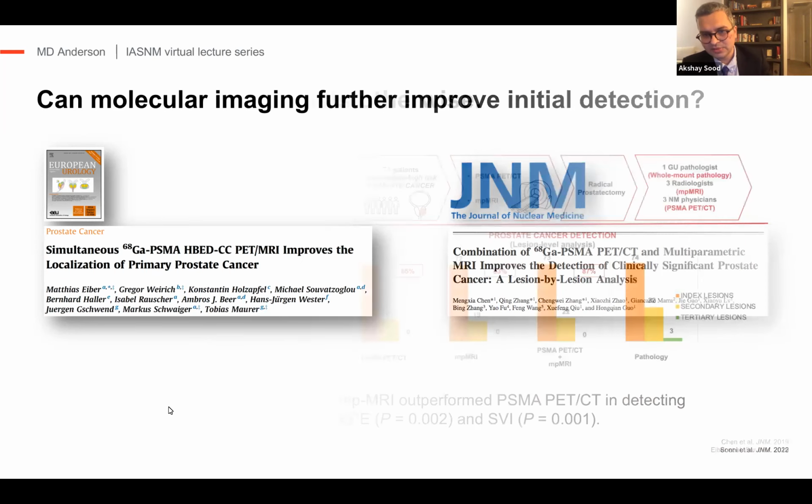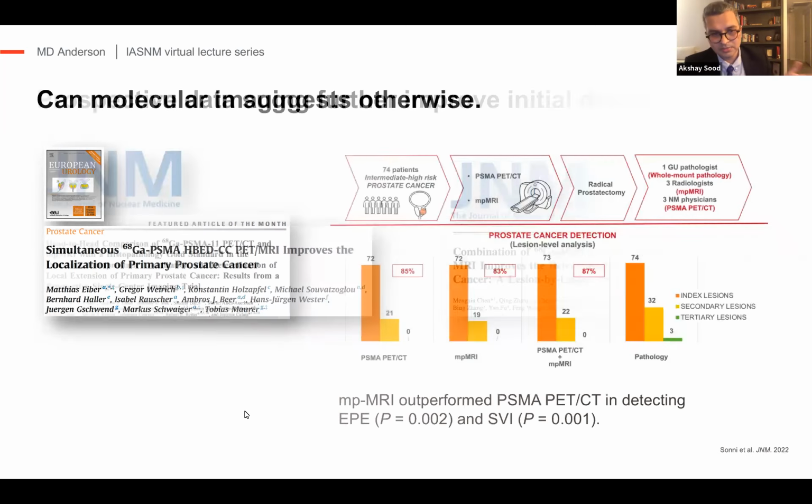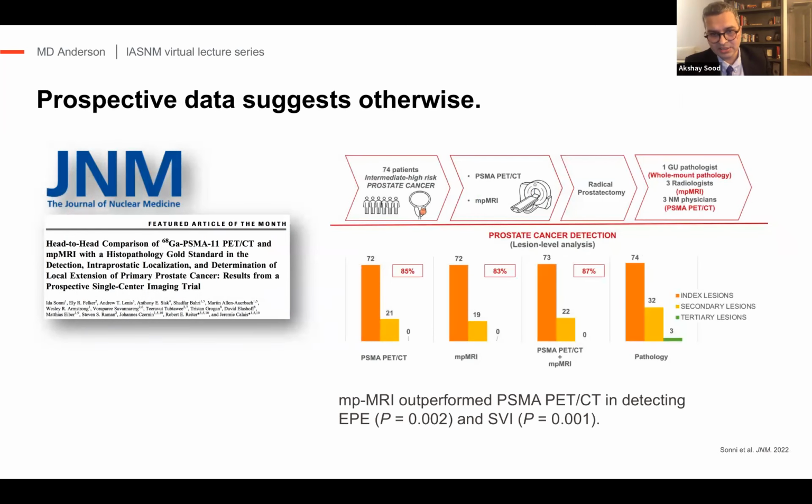Similar findings were noted by Chen et al. But both of those studies were retrospective in nature, and we know there are obvious drawbacks with those studies. So over the years, there was this trial designed by Dr. Jeremy Clay, and this was recently published, I want to say just a few months ago, in the Journal of Nuclear Medicine. They did a head-to-head prospective comparison, answering essentially the same question: